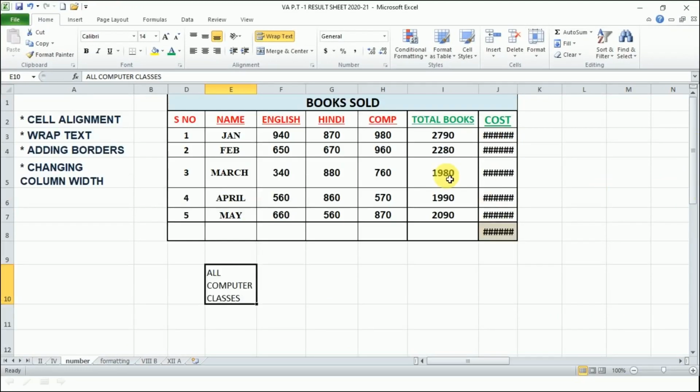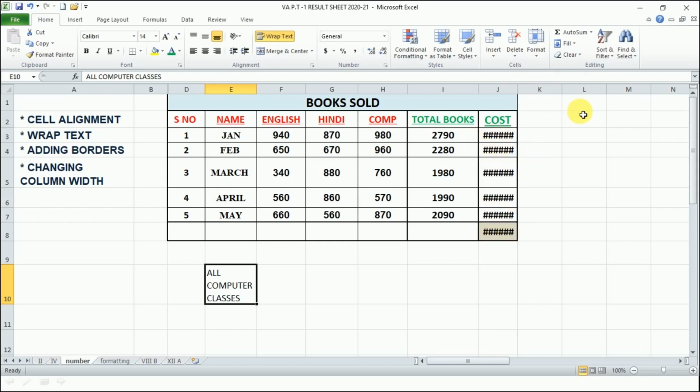Now you see we have a table here. You see the text appearing as a hash. Why is it looking like this? Because the cell content is not getting enough space. Whenever you see the text or the numbers are not getting enough space to get accommodated within the cell, it will display these hash signs.